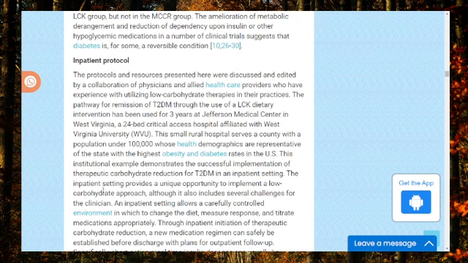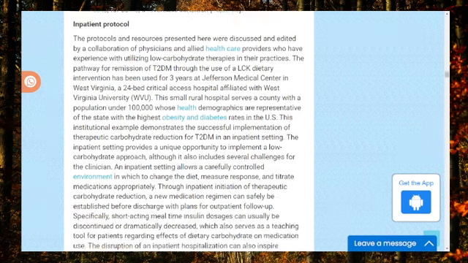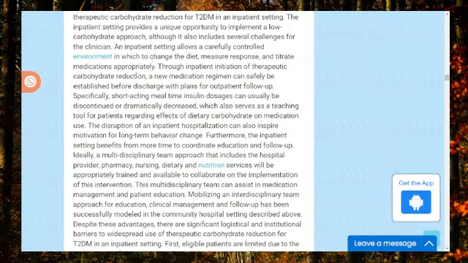The inpatient setting provides a unique opportunity to implement a low carbohydrate approach, although it also includes several challenges for the clinician. An inpatient setting allows a carefully controlled environment in which to change the diet, measure response, and titrate medication appropriately. Through inpatient initiation of therapeutic carbohydrate reduction, a new medication regimen can safely be established before discharge with plans for